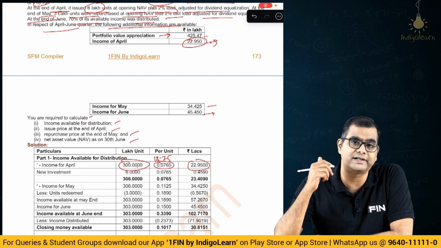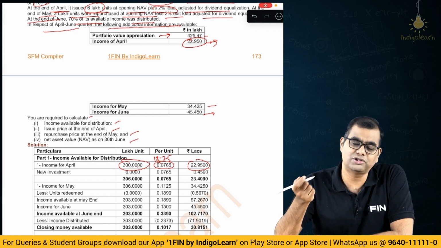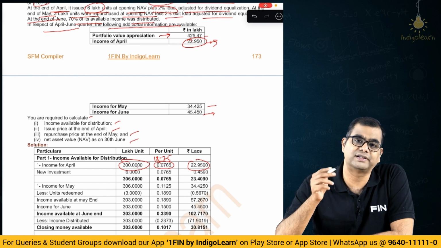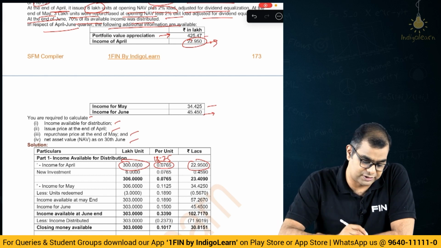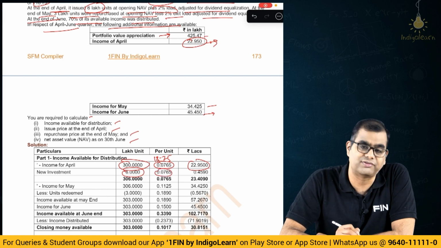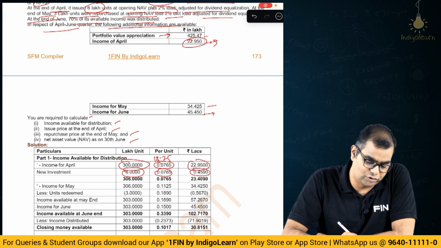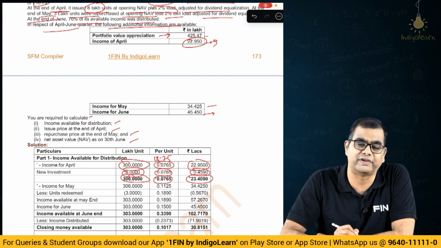Right, so they are not entitled, but they are buying units. So what they will do is, along with the NAV, you will also collect the amount of dividend or income that is earned during that month. So what you do, 6 lakh units, you collect 0.0765 from those particular new unit holders. So you will collect 0.459 lakhs, and so your total units are 306 and 0.0765, which is the dividend, and the total value of income is